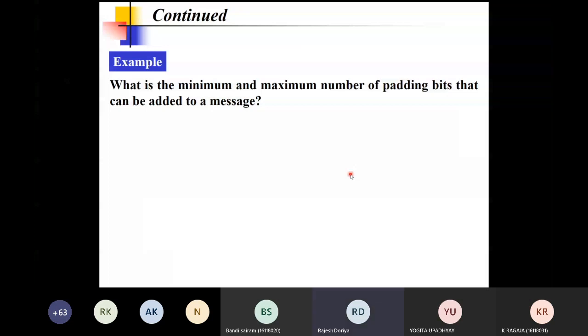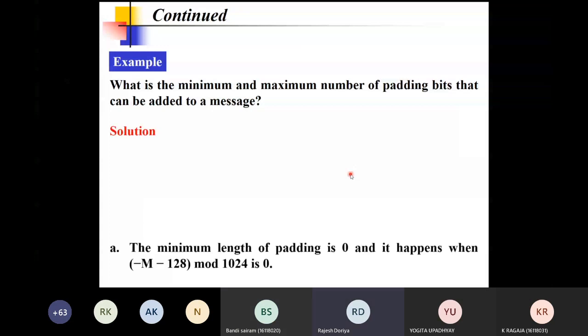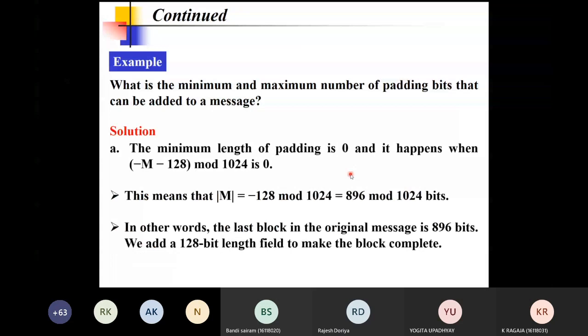Okay. So in the first case, if you talk about the last block, then the size of that last block is going to have to be 896 bits, right? Yes, sir. Okay, fine. So I guess these things are clear to all of you, right? Okay, so I'll assume that you got the understanding of this padding.